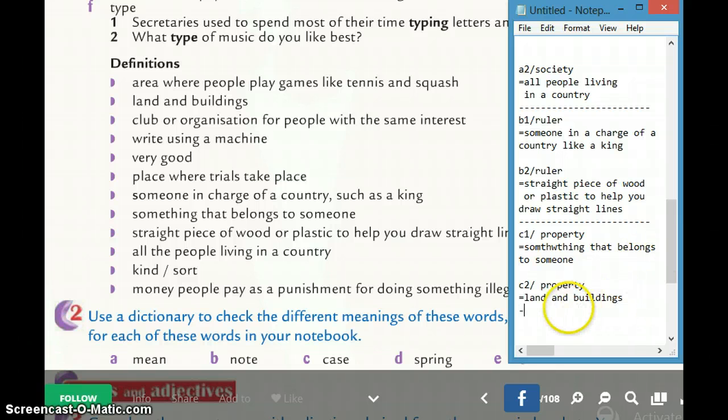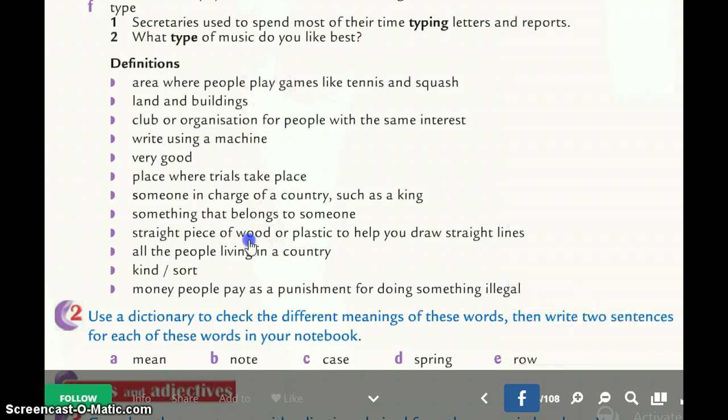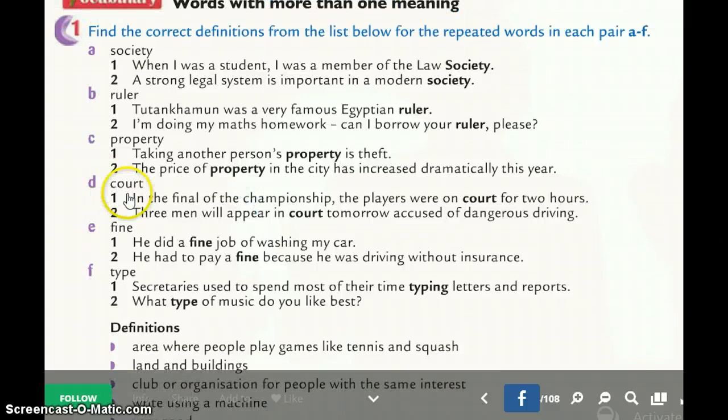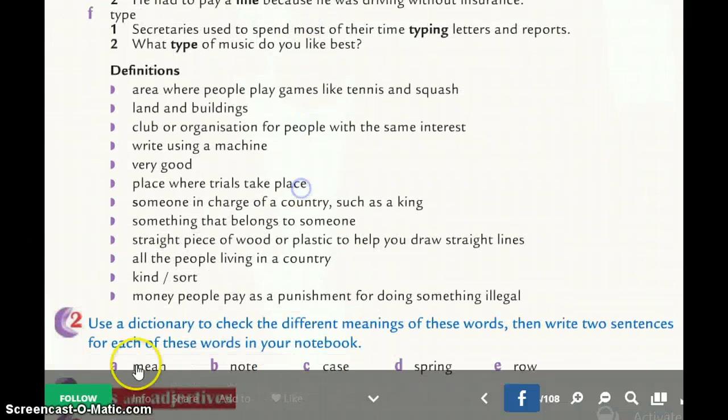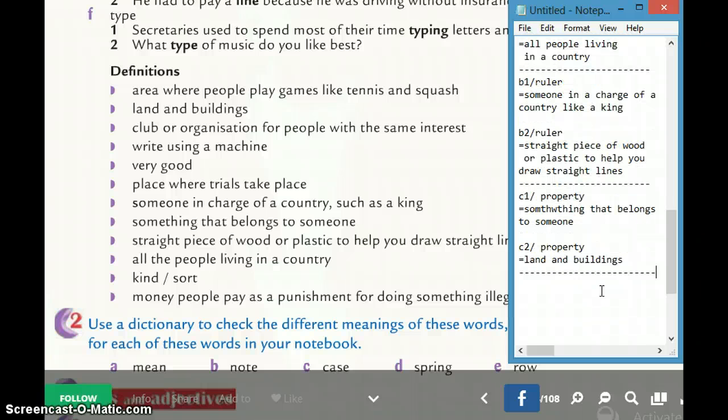Now let's go with another meaning here, saying court. In the final of the championship, the players were on court for 2 hours. It's a place where you play tennis, for example. 3 men will appear in court. This is court of law. So meaning of court,